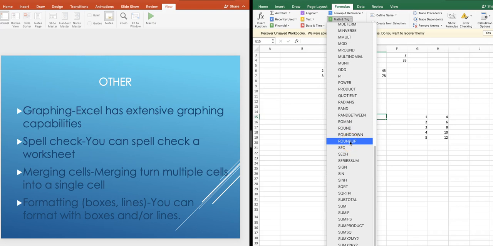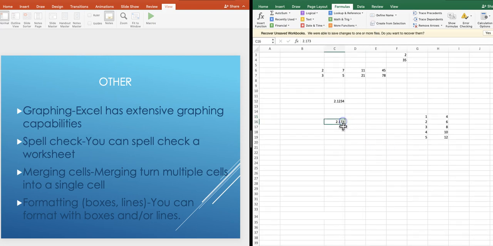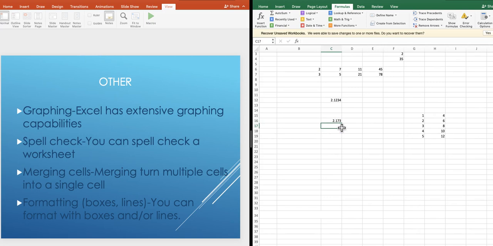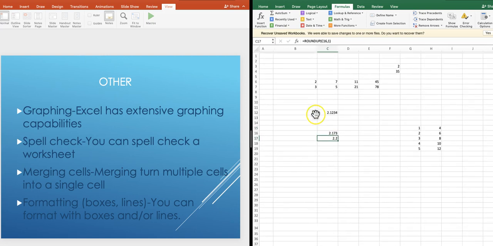So we'll be able to use that. So let's take this function right here, and I'll talk about this in a minute, at round up. I'm going to use this, and I'm going to do it to 1 decimal place. I'm going to hit enter. You can hit a close parenthesis or not, and you can see it rounded that up to 2.2 to 1 decimal place. So now let's talk about the formula